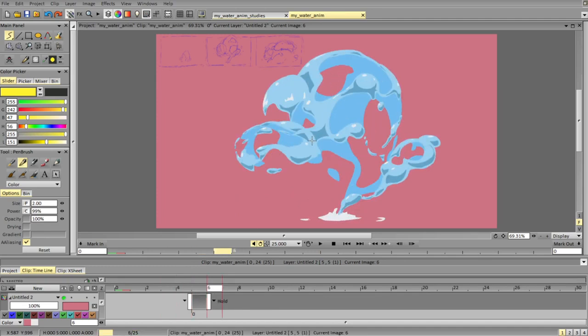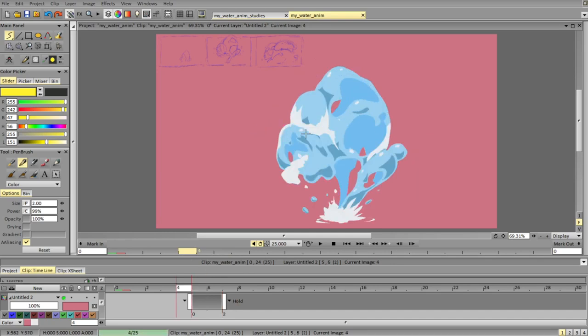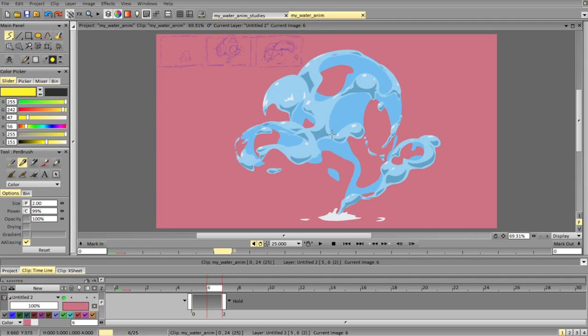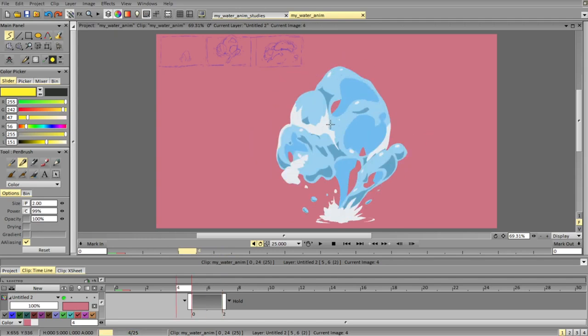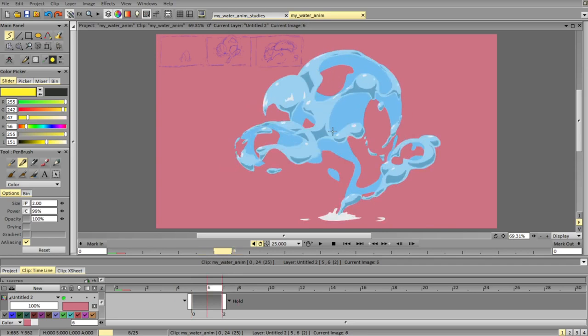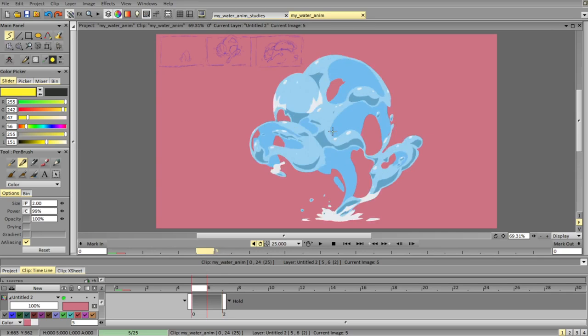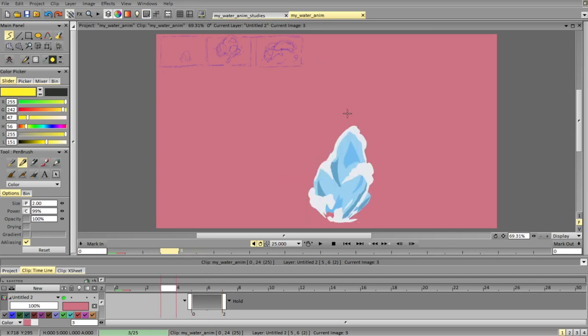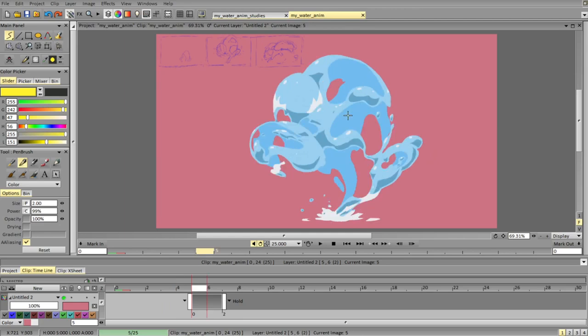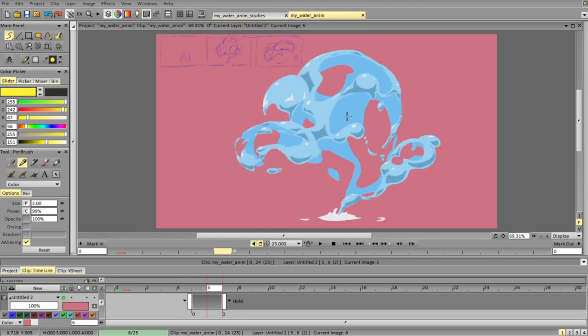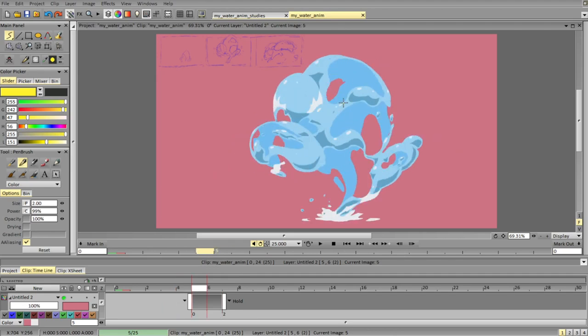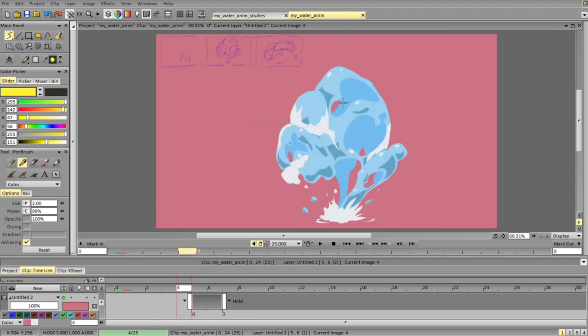Okay, so again, the first thing that comes to mind is just making it less broken up in these dark blues, because they have very sharp edges and they don't really follow all the volumes that much and create a lot of detail that we may not need. So let's try taking a frame and redesigning it a tiny bit. What we want to reinforce here is the sense of liquid, variety, and flow.